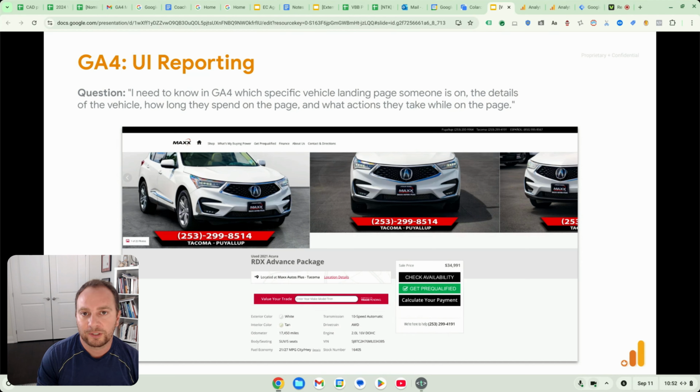So here's the question this particular client who owns a used car dealership wants an answer to. They need to know in GA4 which specific vehicle landing page someone is on. They want to know when they're on the specific vehicle landing page, the details of that vehicle, but also how long they spend on the page and what actions they take while they're on the page. For example,